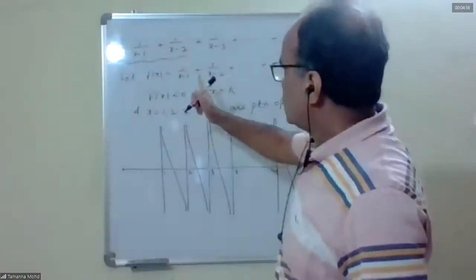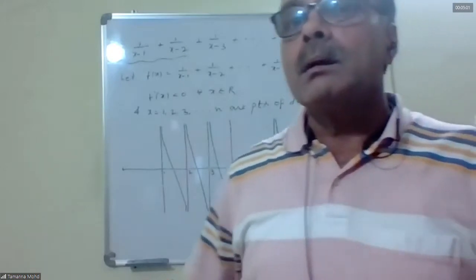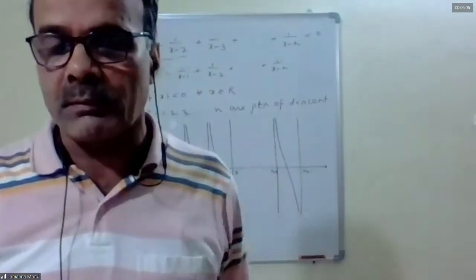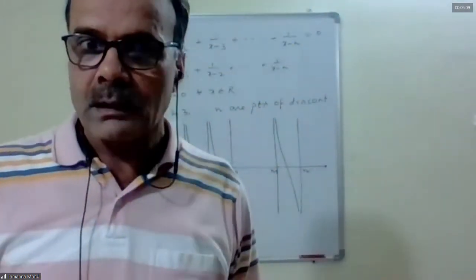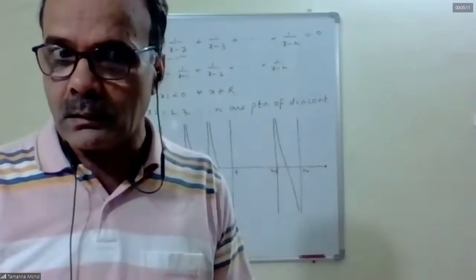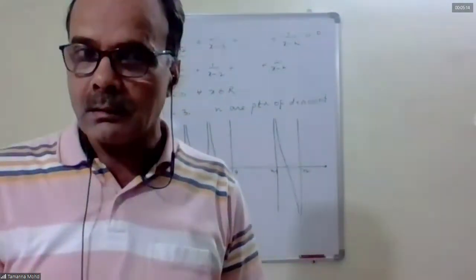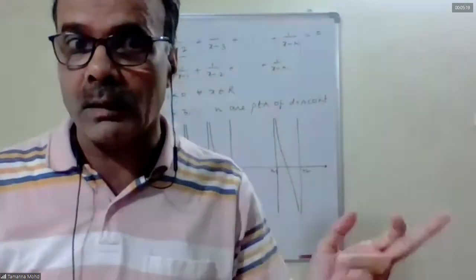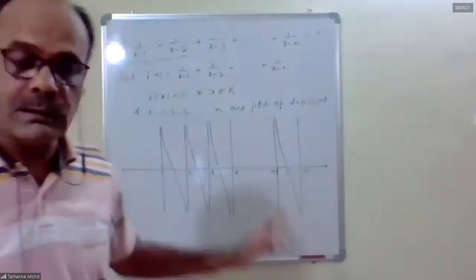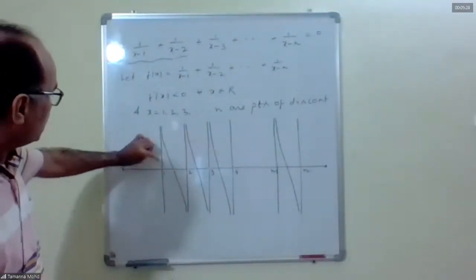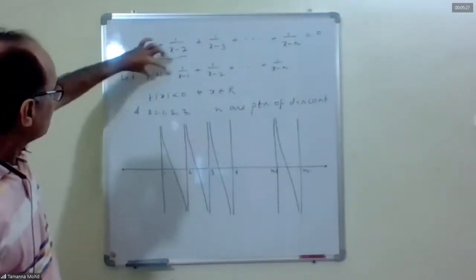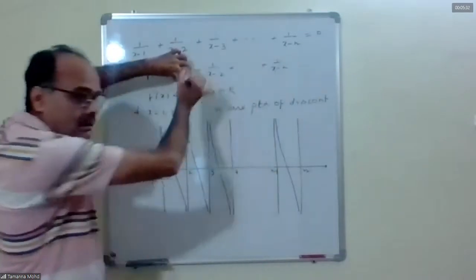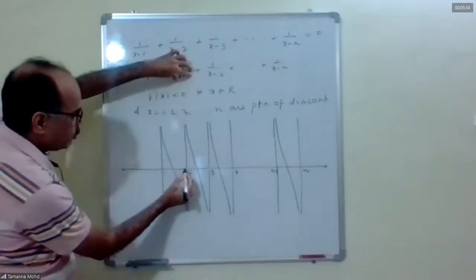I repeat, the same method which we have discussed for how to plot the graph of a continuous function applies to other functions. The only thing, we will draw a vertical line at the points of discontinuity. There we will take limits. What is the limiting value of the function at 1 plus? Infinity. Others are finite.